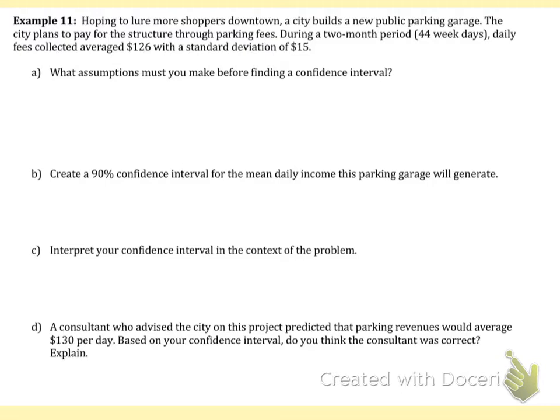What assumptions must you make before finding a confidence interval? So with a confidence interval for means, we need to make sure that we've met the independence condition and the nearly normal condition. With the independence condition, we're usually satisfied with that if we have a random sample. We have no idea if this sample is random. It doesn't tell us this. So we have to assume